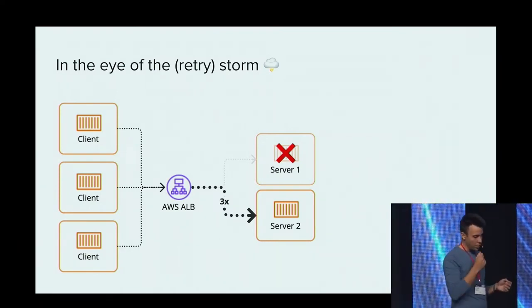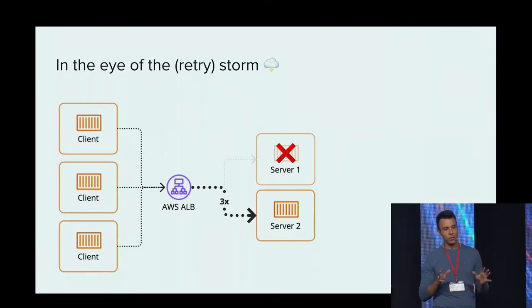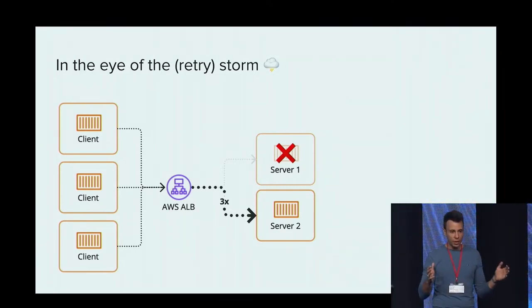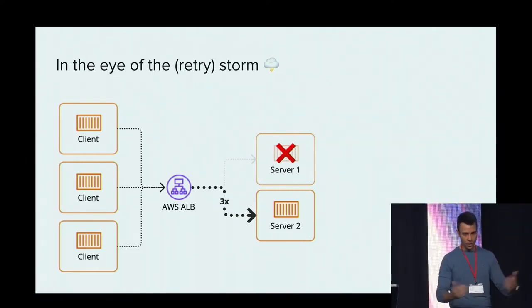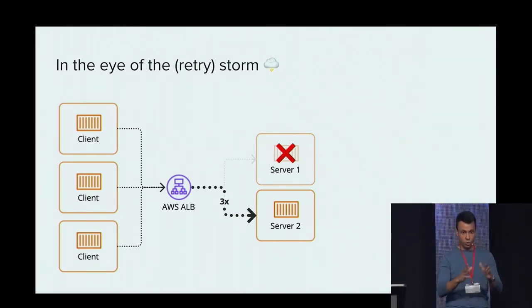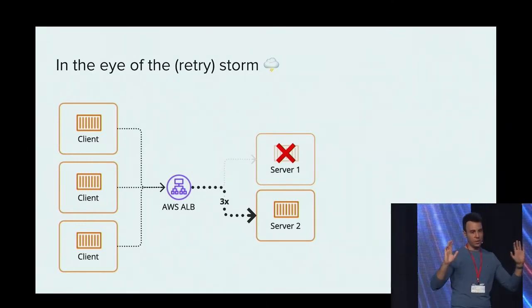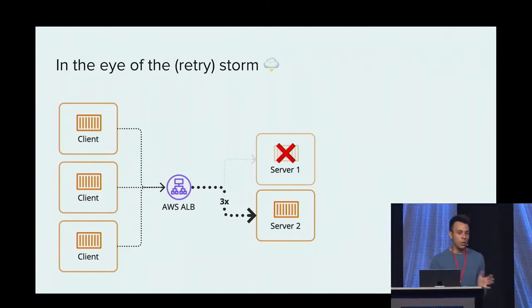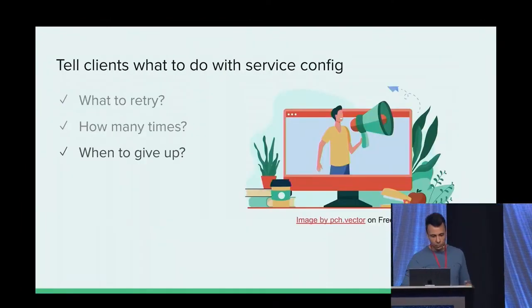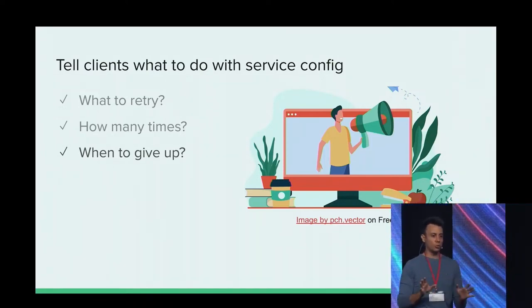And if that happens, at the time it crashes, server 1 actually starts to kind of recover, and then all clients with all new requests and old requests that are being retried, they just start hitting the server 1, which is just woken up, brought into existence, and server 1 can say, yeah, I'm out of this, this is not what I signed up for, right? This is called retry storm, and we would like to avoid it. So basically, we want to tell clients when to give up, when not to retry.